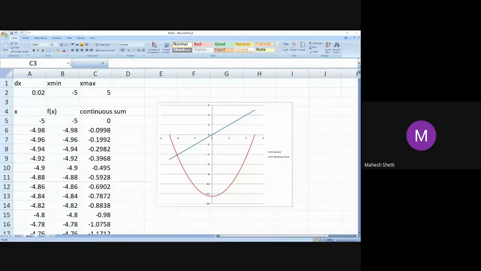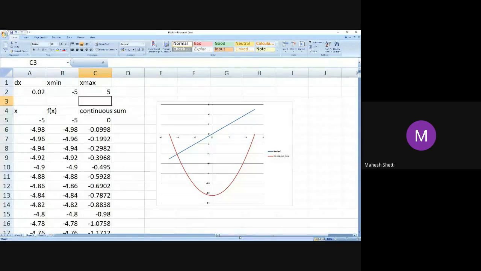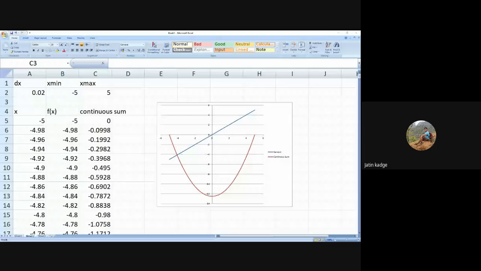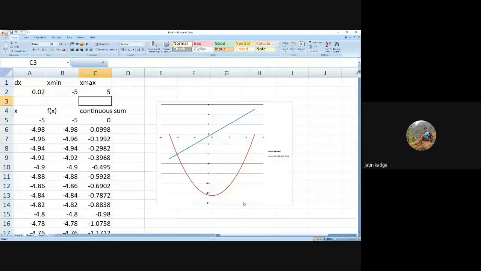So we'll continue tomorrow with numerical differentiation techniques, and you can look for more assignments based on these things. But I hope these basic ideas are clear. What you are doing is in integration, you are doing the summation part. So can you please explain the shift of origin and the constant term, please?